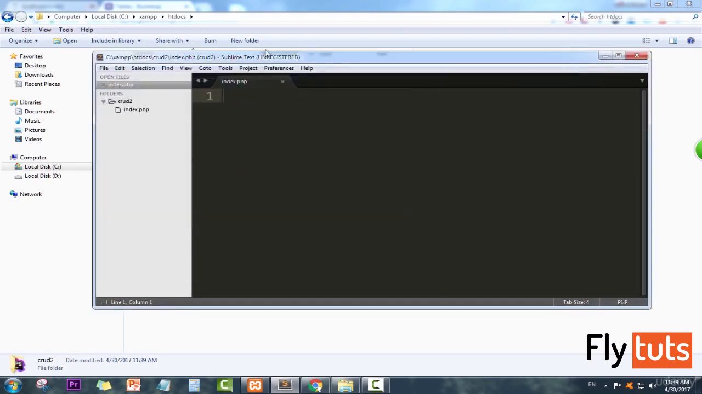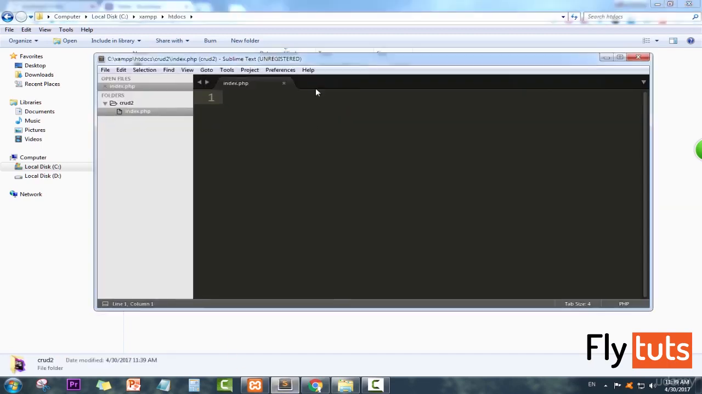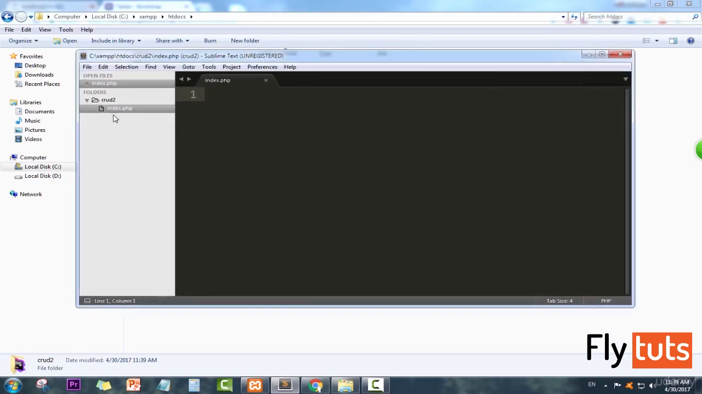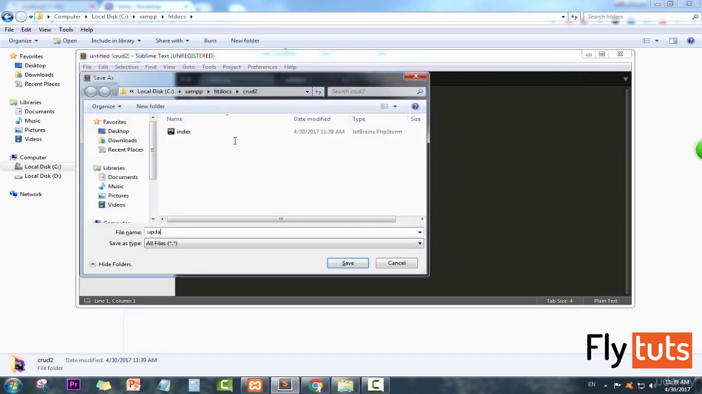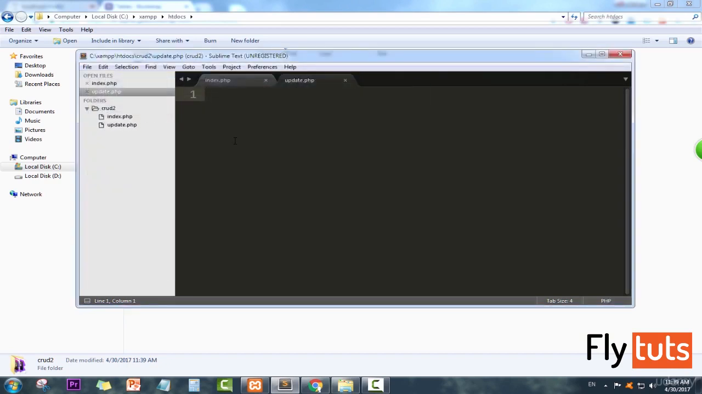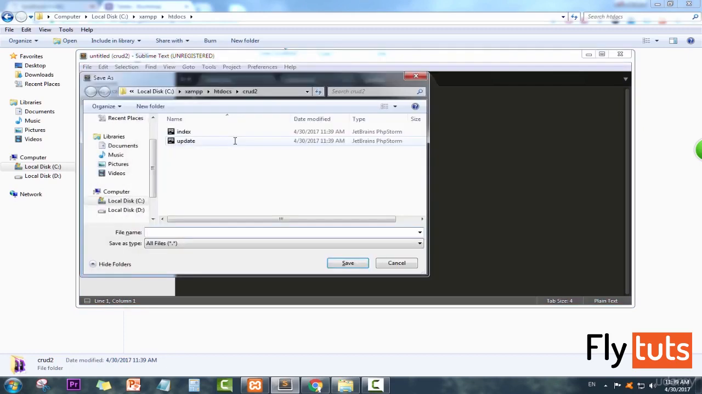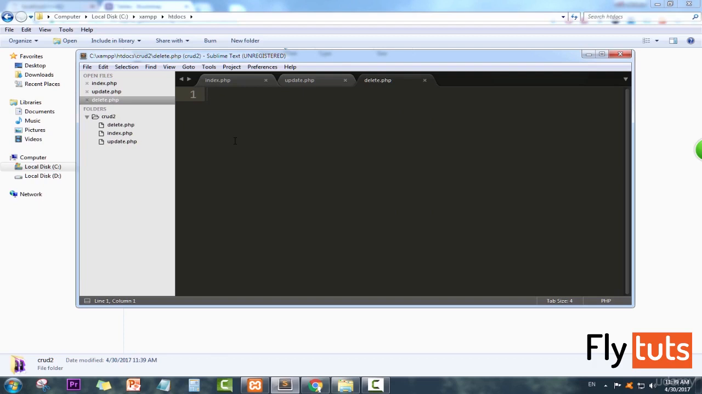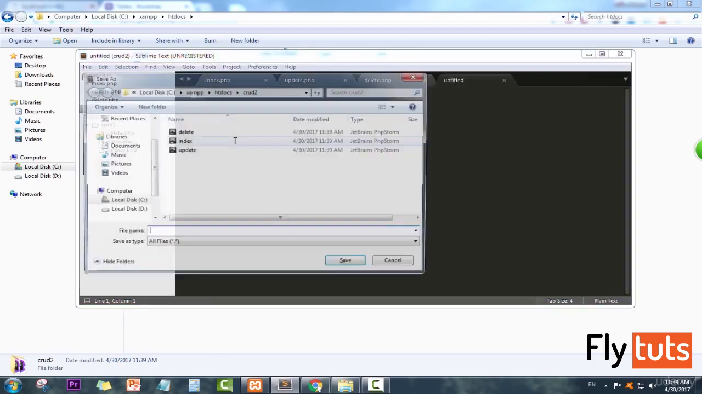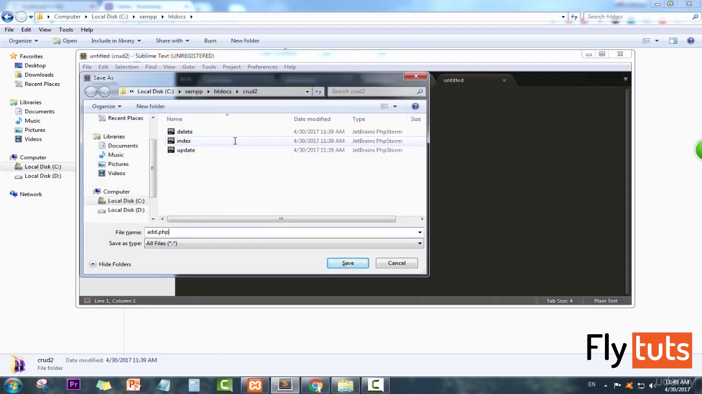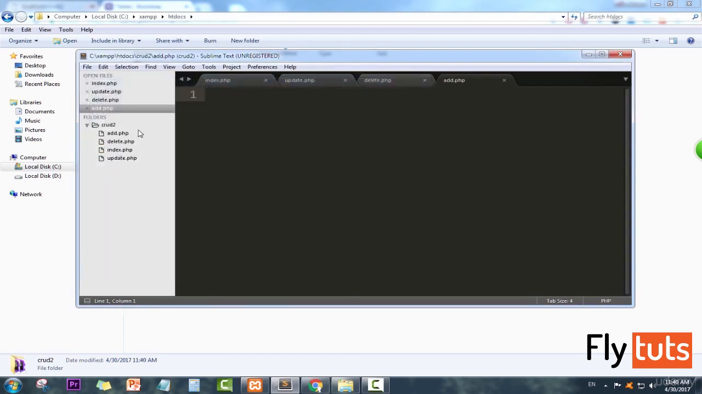index.php, and this one will be our index file. So let's structure our files here. We need also update.php, and we need also delete.php because it's a CRUD app, and also we need add.php or insert or whatever you want. And what else? We need also